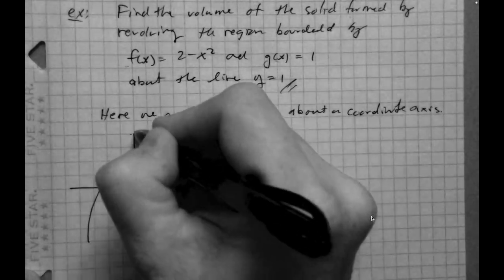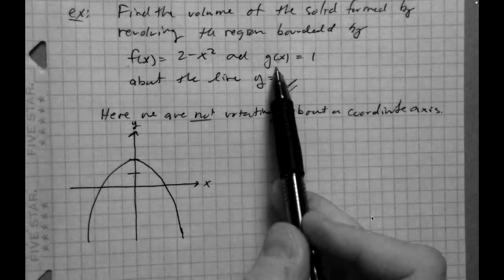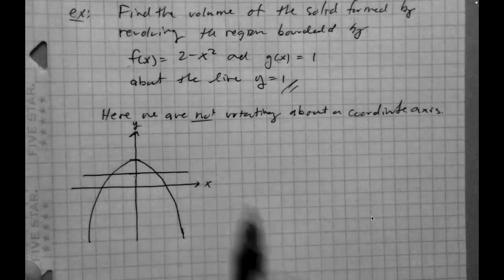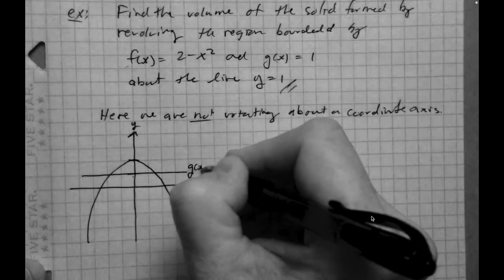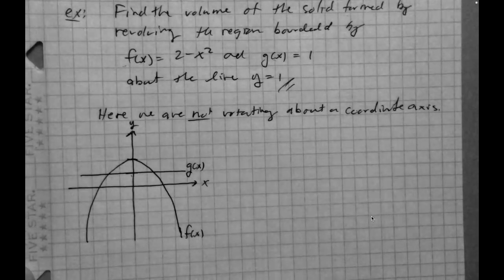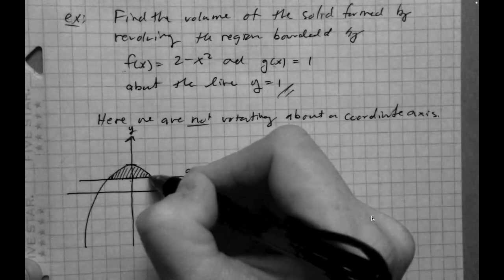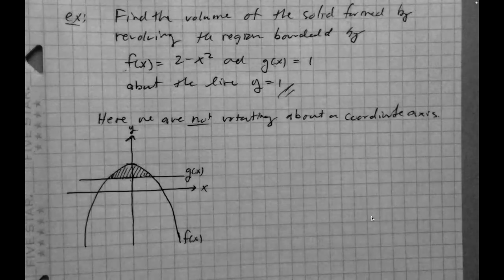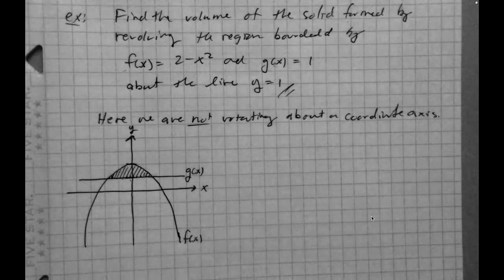Sorry, this is the x-axis, this is the y-axis, this is 1 and 2. And then, of course, g is just a constant function that comes across like this, right? So this is f of x, and this guy here is g of x. And so the region that's bounded by these two is just this little piece here. So that's the region that's bounded by f and g, and this region is going to get rotated,